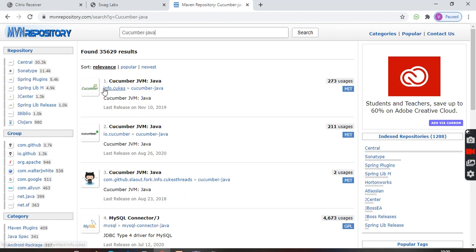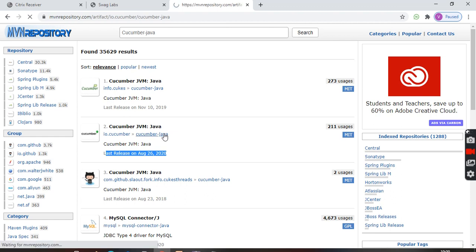One is the old version, that is info.cubes. The recent one is io.cucumber. So I would recommend to go with the latest one. But how can I find the latest one? Simple: just sort by date here. So this is the latest one, right? Otherwise, io.cucumber is the latest one.